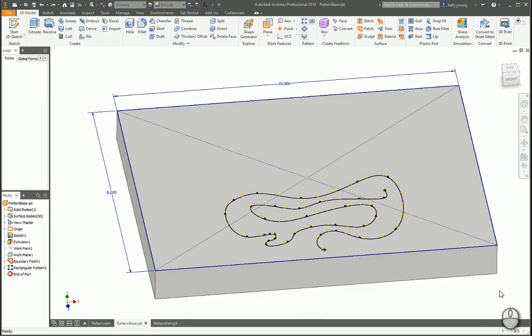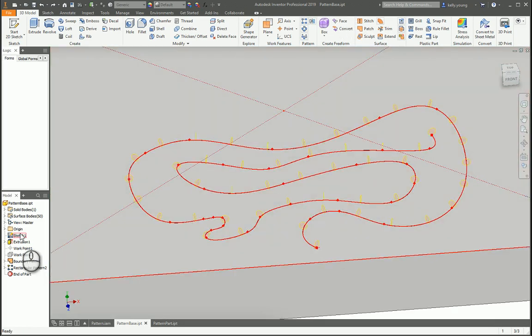Hey there, Steve. So, looks like you're trying to make a pattern in an assembly. So you have a part that you want to make go through a pattern. So here we have a single part up here, and you have your sketch and your extrusion just for the